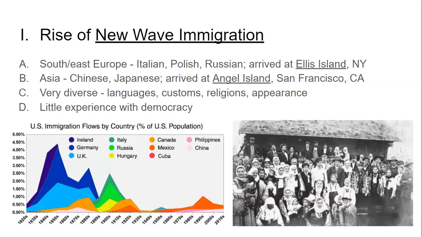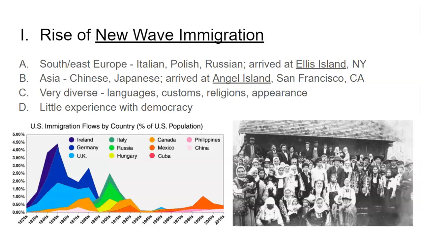So, these newer immigrants that are coming to America are coming from places from mostly South and East Europe. So, places like Italy or Poland or Russia, Bulgaria. I mean, there's a whole bunch of other countries, Hungary, that kind of thing. And then also coming from Asia. The two biggest nationalities would have been Chinese and Japanese. Now, this is in contrast to, like I said, the old wave immigration that was mostly consisting of Western European immigrants, like Irish, German, French, English, that kind of thing.